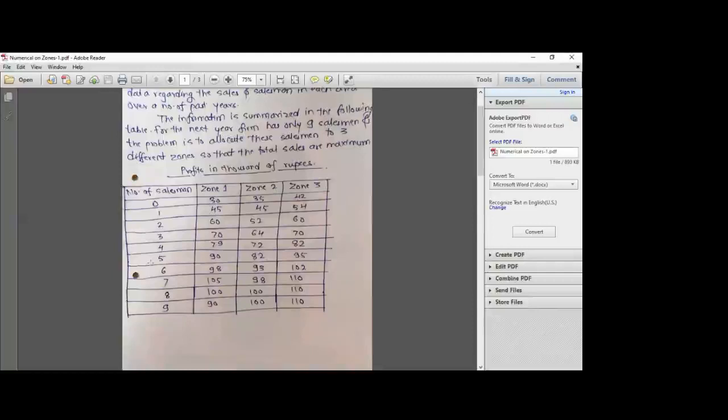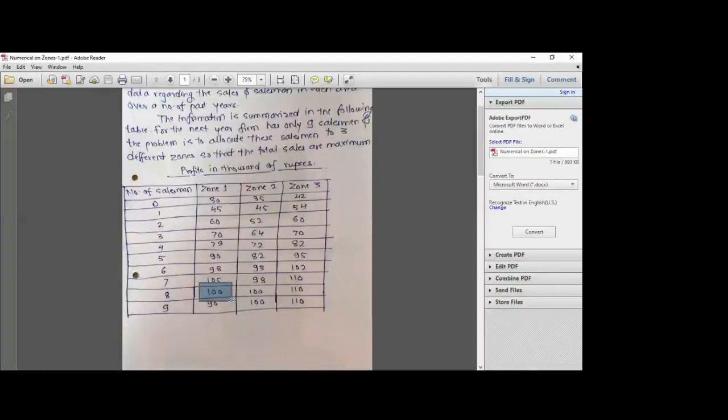Likewise, if I'm allocating 6 salesmen in zone 1, the profit is 98. If I'm allocating 6 salesmen in zone 2, the profit is 93,000. And if I'm allocating 6 salesmen in zone 3, the profit is 102,000. So what is happening? If the number of salesmen is increasing, the profit is increasing, up to some extent. Here you can see for 8 salesmen for zone 1,